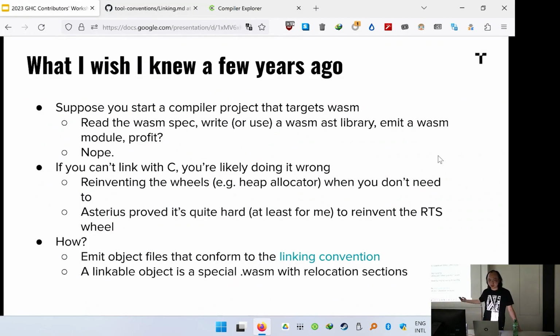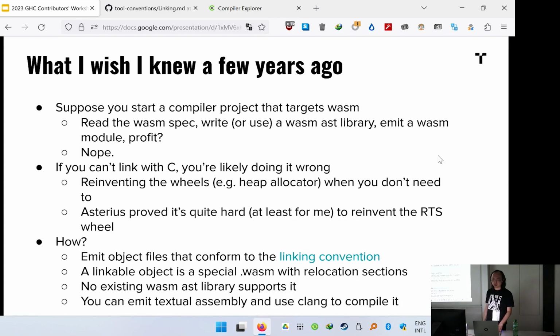And yeah, so a linkable object is just a special .wasm file that contains these relocation entries. And your compiler should be emitting these object files with these relocation sections. But how? Because there is no existing library in Haskell or in other languages that is aware of this linking convention. Well, LLVM, of course, it does, but the LLVM library is pretty hard to reuse in a compiler project. So the best way to do it is not to just attempt to emit these relocation sections in your binaries itself, because meddling with those binary indices is very likely to go wrong